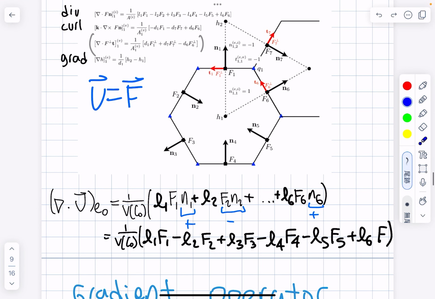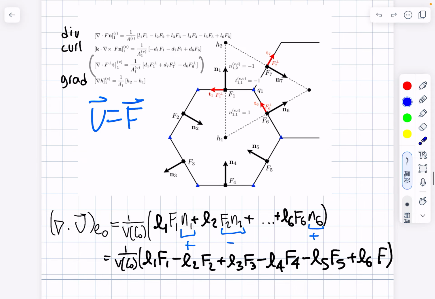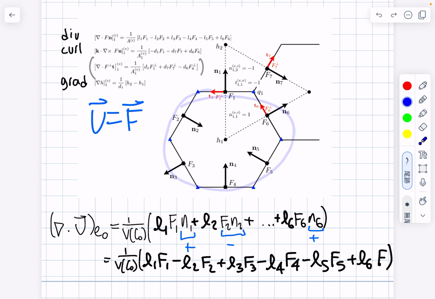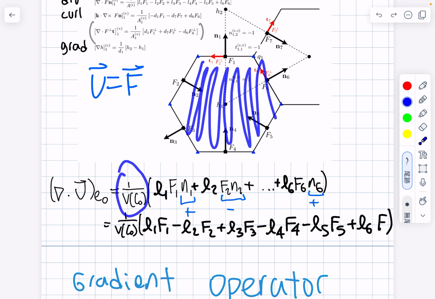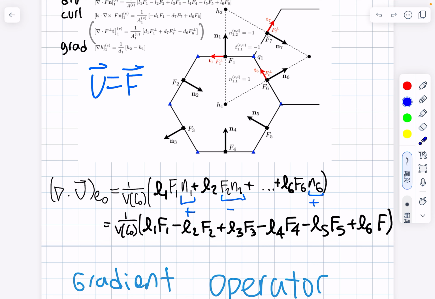And here's an example of how to solve one of them. So here we're just going to talk about this case right here. So we want the divergence, which is sum along the edges. So first we get the volume of our whole thing, which is area. We divide by it. And each time we have a flux function times a distance. So we have the flux, flux number 1 times the length, which is going to be this length, which is,